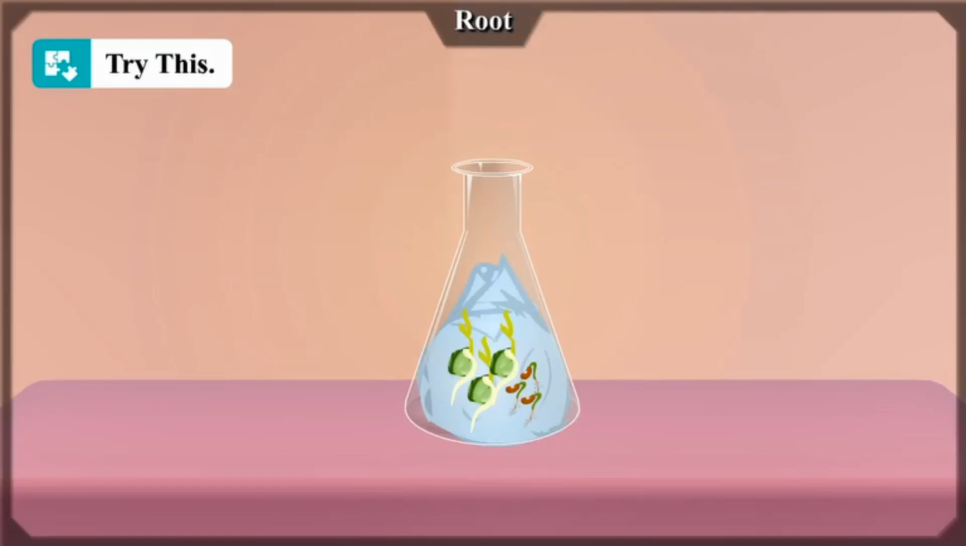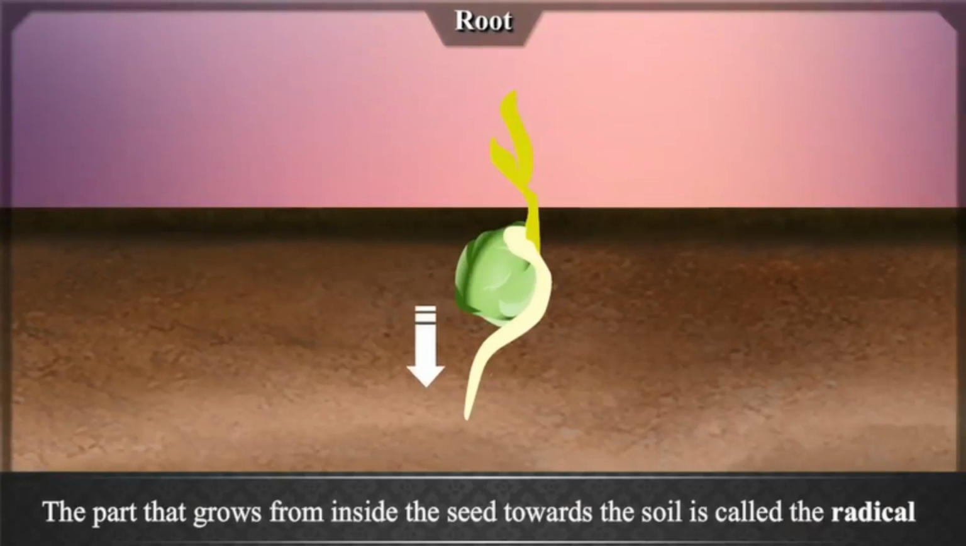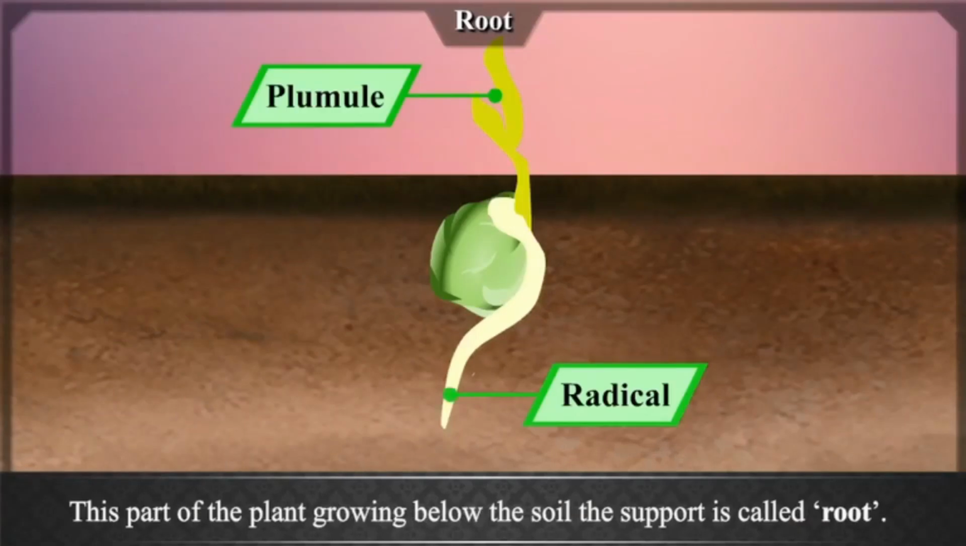The part that grows from inside the seed towards the soil is called the radicle, and the part that grows above the soil is called the plumule. The root that forms from the radicle grows into the ground. The plant root is thick near the soil and